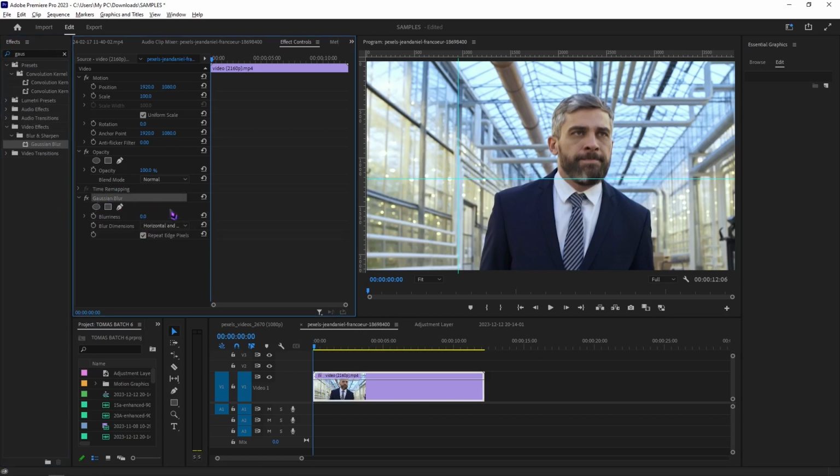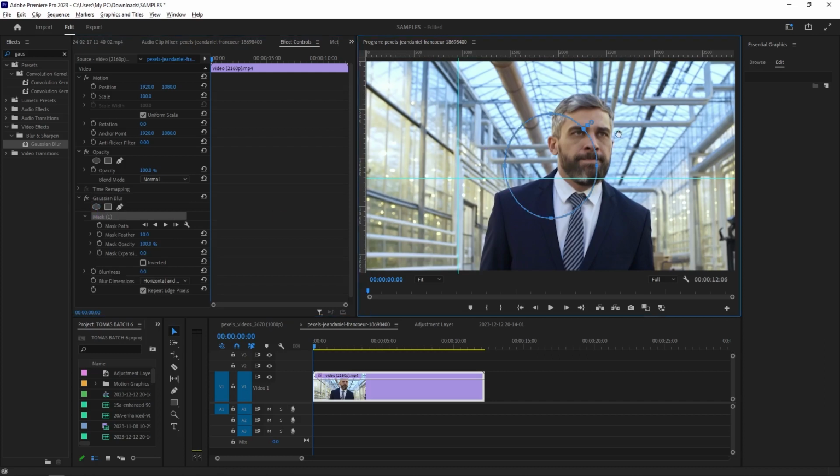And to do the automotion tracking, all we have to do is go into the pen tool, or in this case, since we are just blurring the face, we'll just go for the ellipse. So we're going to click on that, and then reposition this one right here and make sure that it fits, so you can just adjust it like this. So in my case, I want it to be like that. And then from here, what I'm going to do for the automotion tracking is simply click on this button right here and click on that